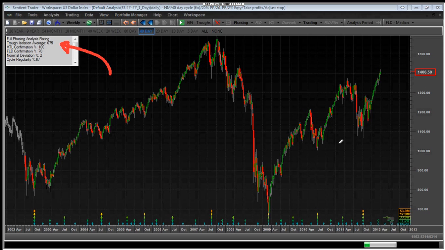Okay, so the higher the trough isolation average is, the clearer the cycles are in the market according to the current analysis. Okay, so that's the first thing that is measured. The next thing that is measured is what's called VTL confirmation percentage. Now, what Centene Trader does is it goes back and it draws every single VTL for every single cycle that it possibly finds throughout this entire analysis. A VTL is, of course, a valid trend